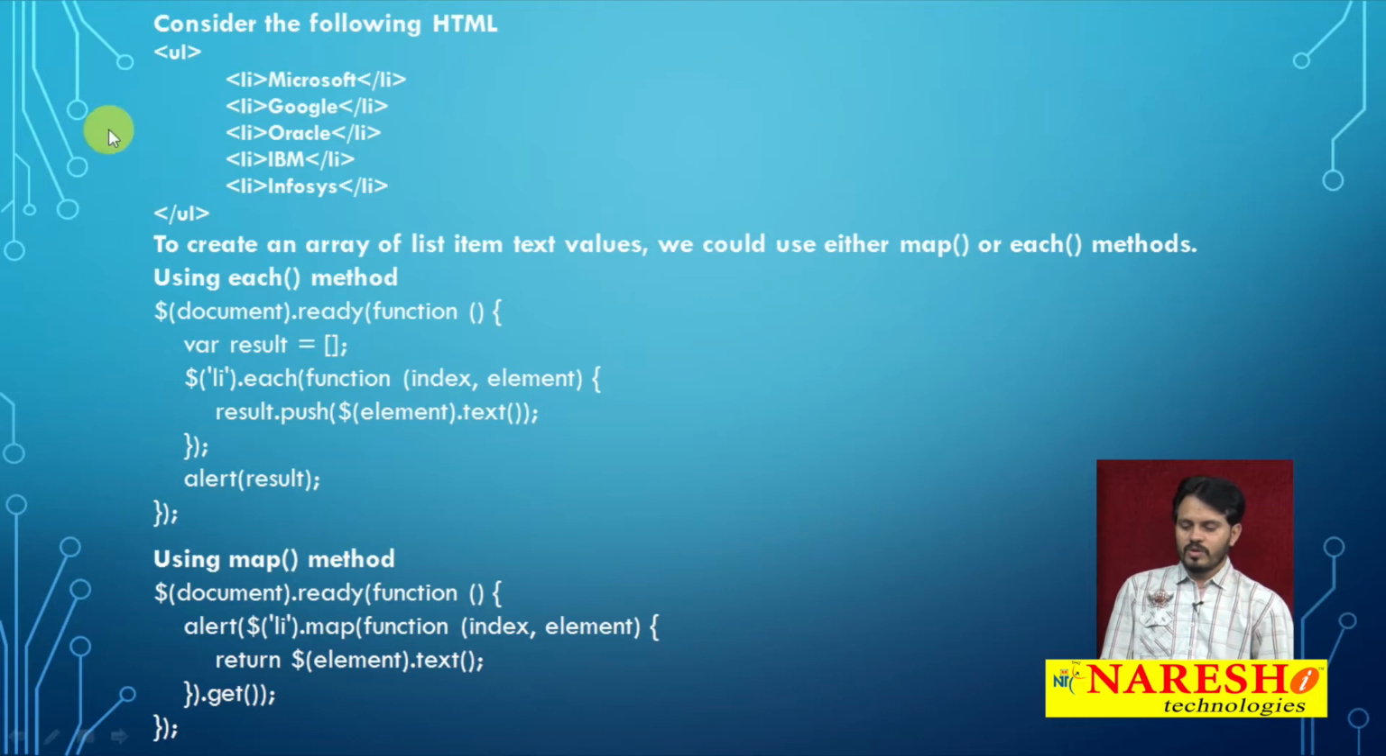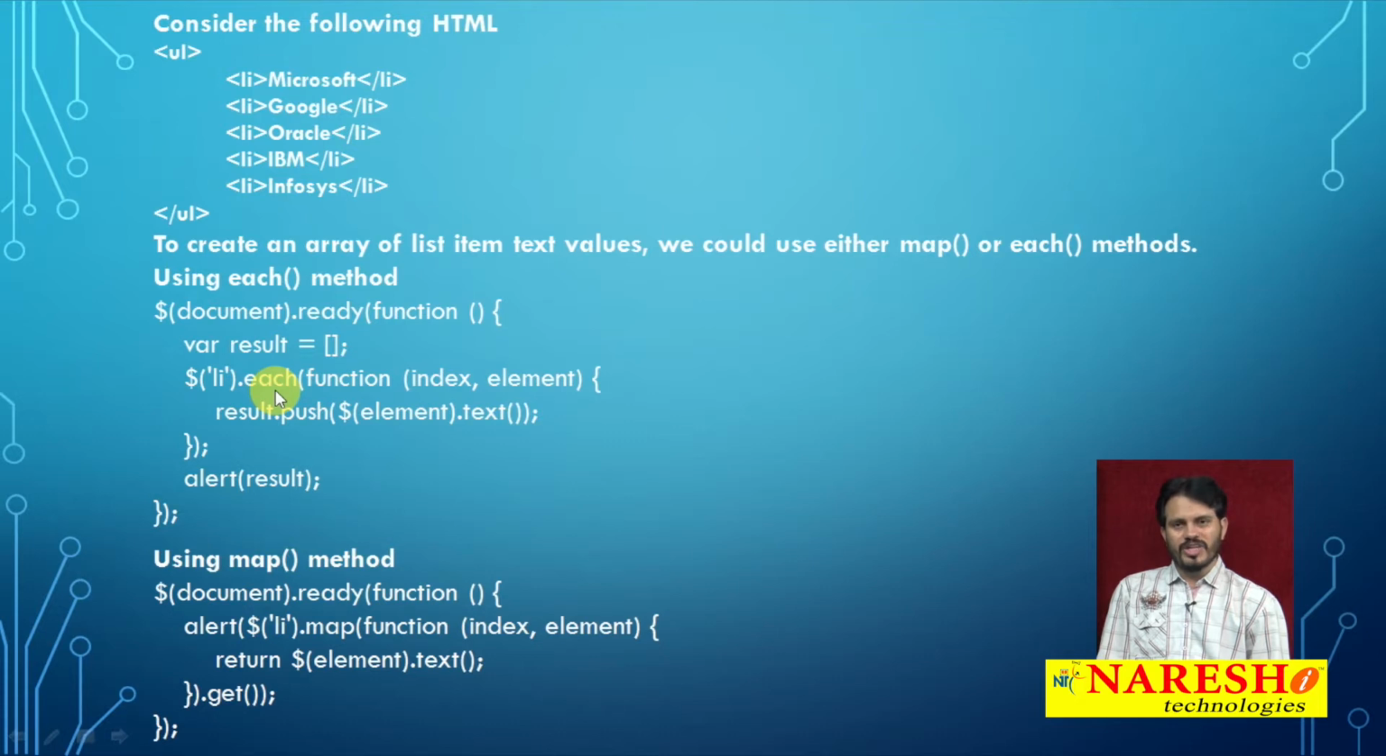So using the each method, first observe $(document).ready, because my requirement is that as soon as the document is ready, this operation is performed. As soon as the ready event is registered, you create one JavaScript variable that represents an array: result equals square bracket open, square bracket close. Below that I have $('li'), which selects all the li elements, and then